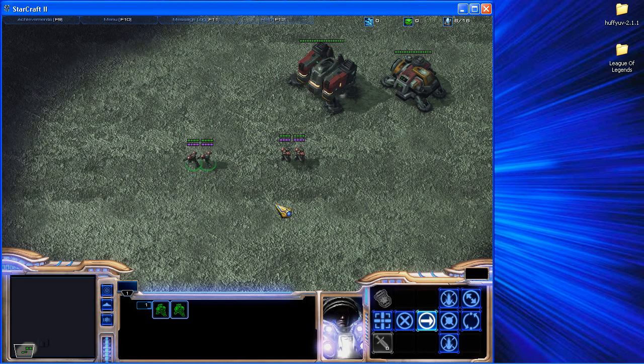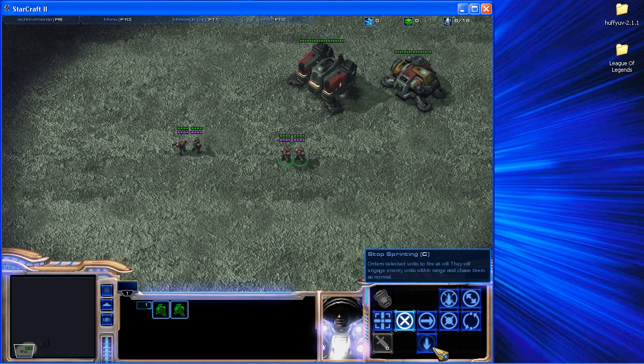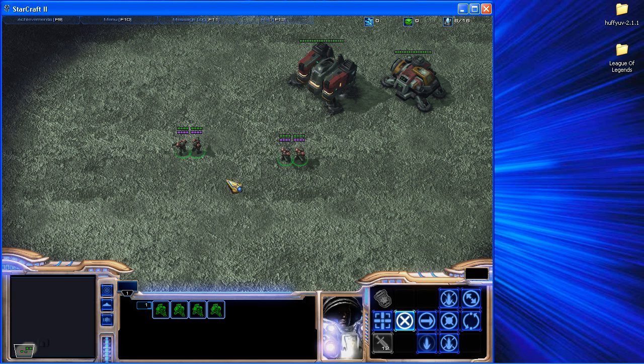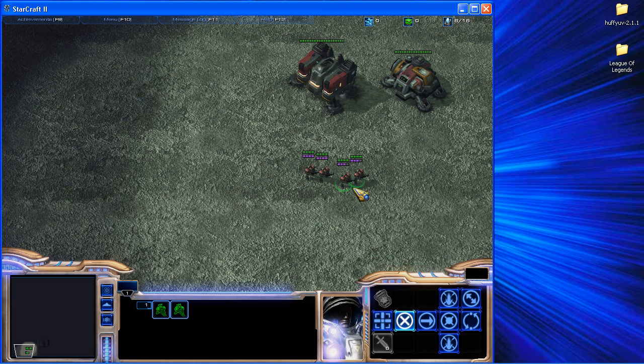If none of them are sprinting, you don't want the stop sprinting button there. And if all of them are sprinting, you obviously want the stop sprinting button there. And if some of them are sprinting, you want the stop sprinting button there, so that you can see these guys on the right are sprinting. But then you can turn it off, and it only